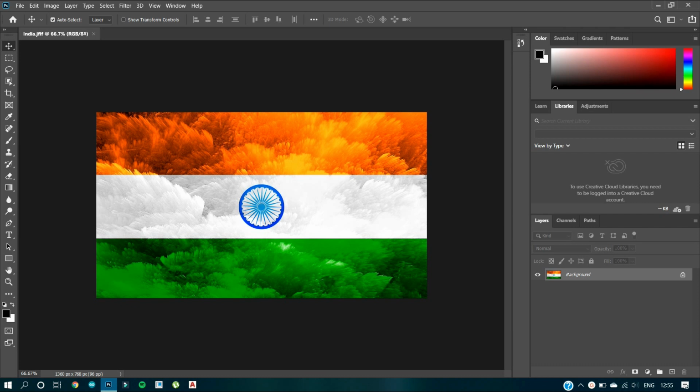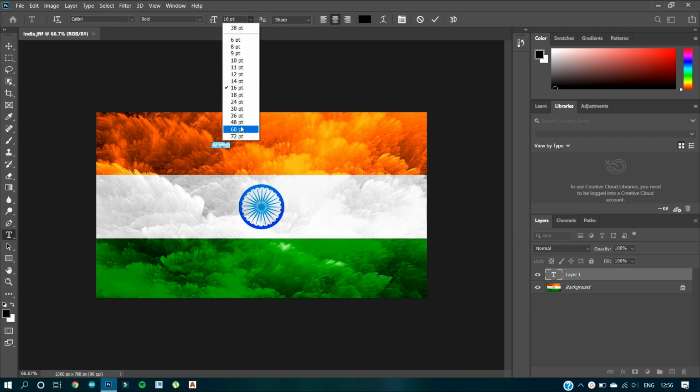In this tutorial, we are going to see how to add text and gradient to our image. So to add text, go to the T icon here and then tap on any part of your image you want to add text on. After tapping, delete the text present by default and type whatever you want. Let's type Jai Hind. Once done typing, select the text and choose whatever you want to edit.